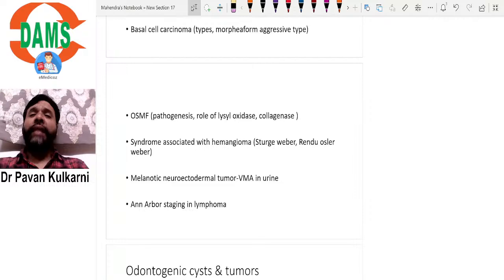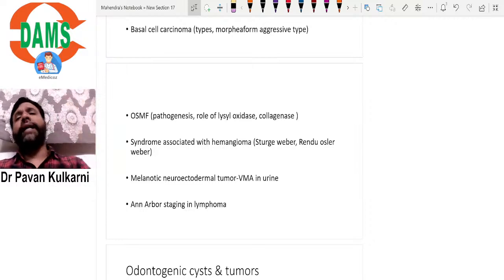See, what I'm giving you is I'm telling you the concepts which you should highlight. I mean, you should prepare for that. Those are the questions that are frequently asked. Ann Arbor staging in lymphomas again is very classical. We know what is stage 1, stage 2, stage 3, stage 4. We should know that, and we should know that Ann Arbor is done for